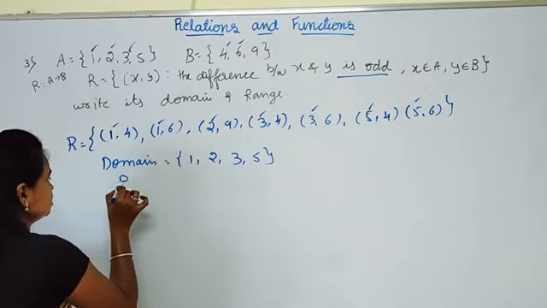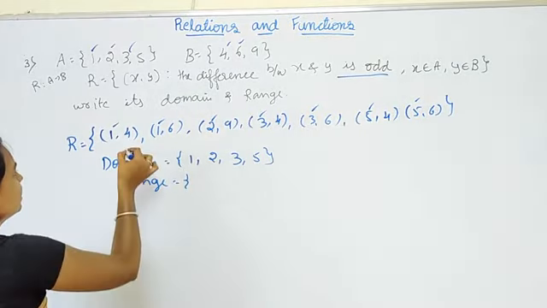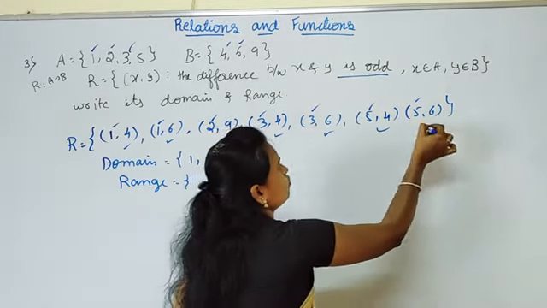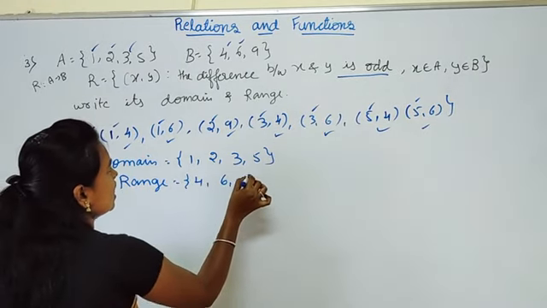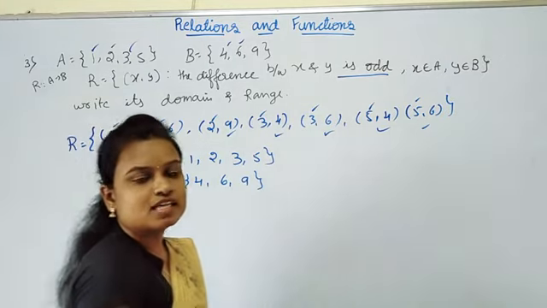Then what is the range? Range is the set of all second elements. What are the second elements? 4, 6, 9, 4, 6, 4, 6. So {4, 6, 9}. This is the range for this relation. Understand? I hope you